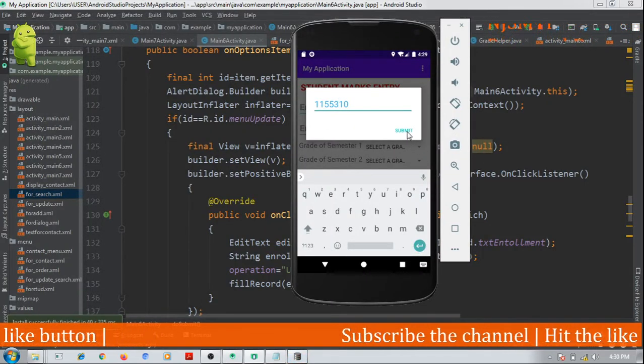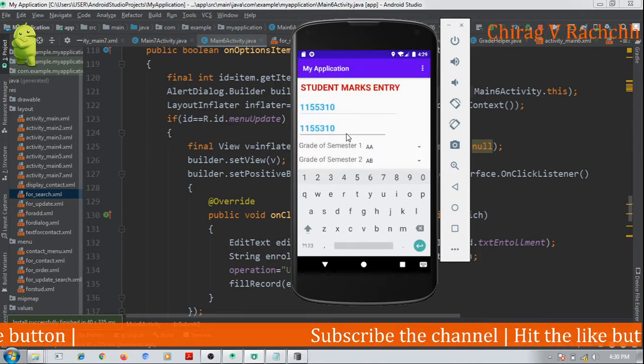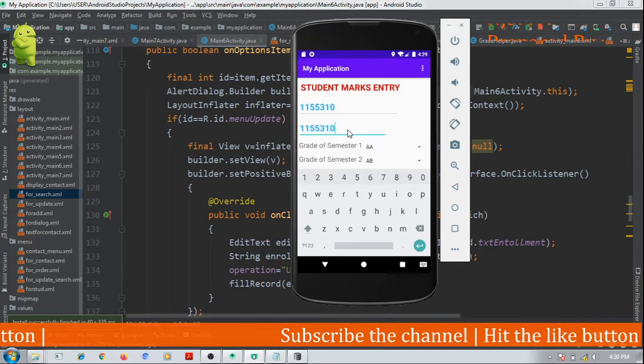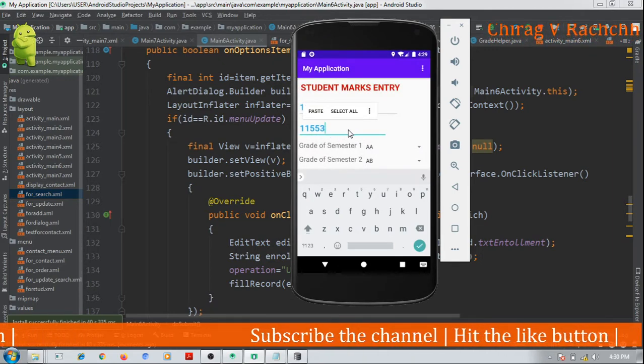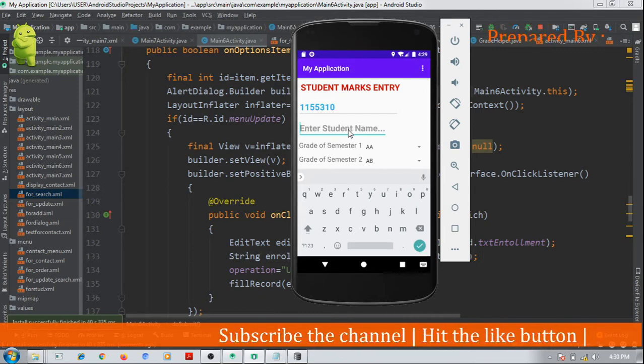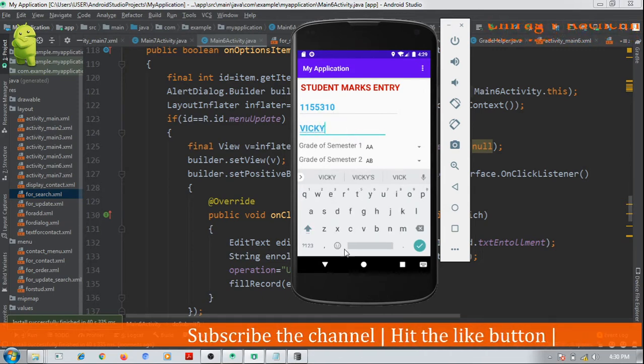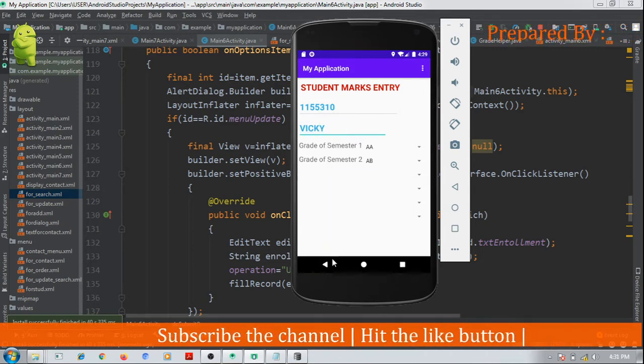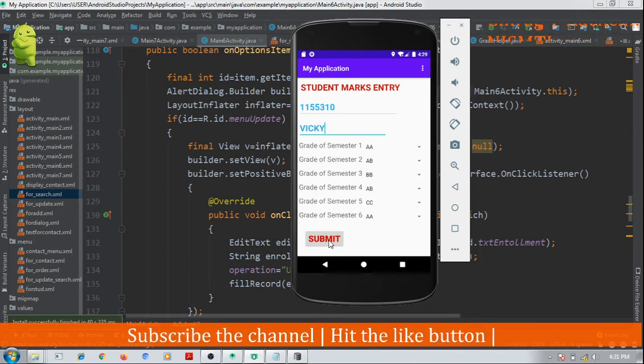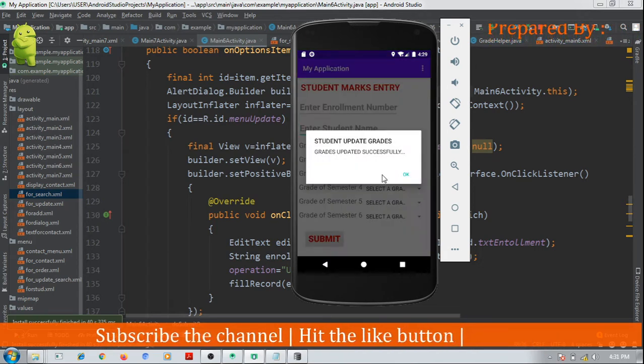Okay, submit. Here VICKY. Okay, and clicking on submit. Record of grades updated successfully.